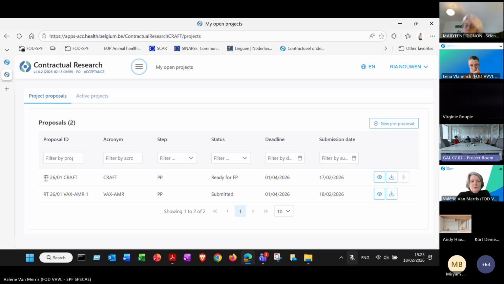That's why I created already the free research Kraft here. You can see that it's in the pre-proposal phase and it is ready for full proposal. That means that the selection has been positive. You are invited to submit a full proposal. And if you click the view, the eye,